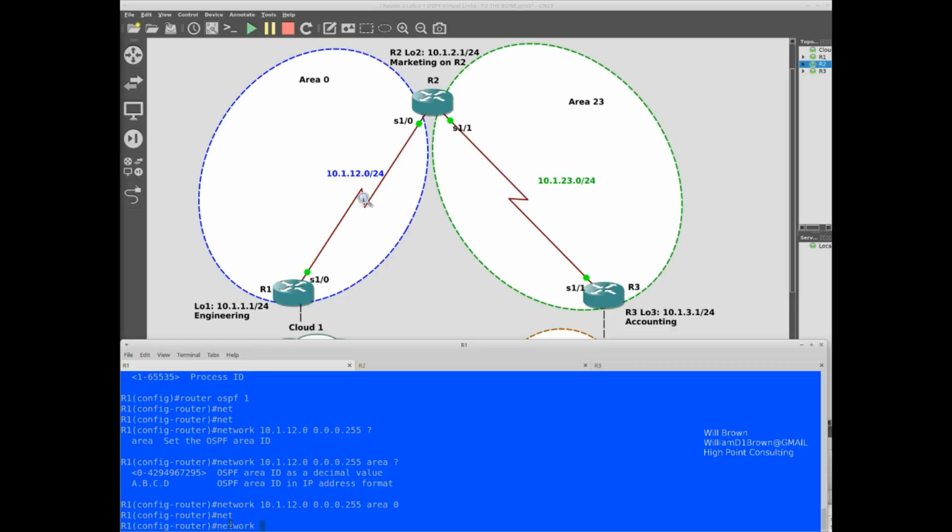So we're going to say network 10.1.1.0, wildcard mask for that 24-bit is 0.0.0.255, area 0.